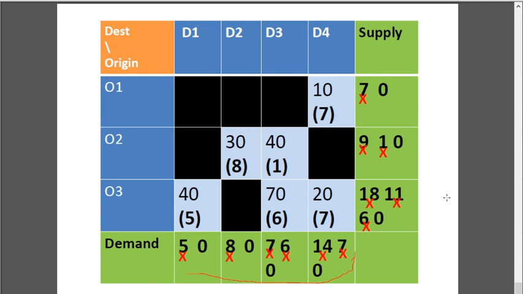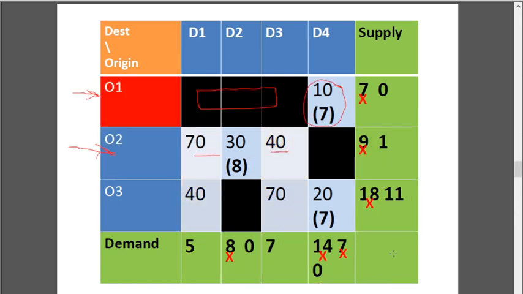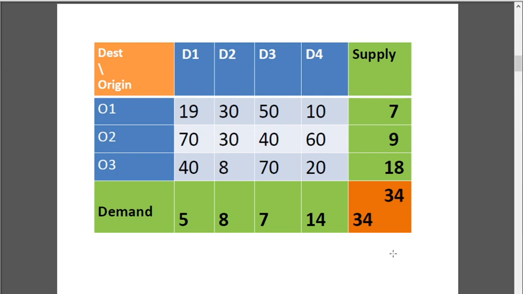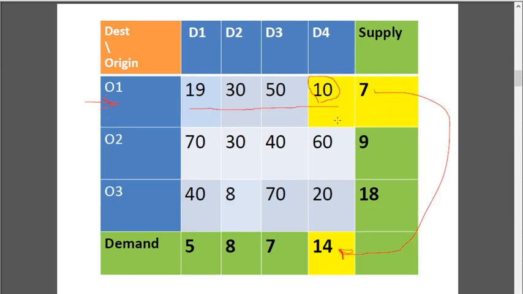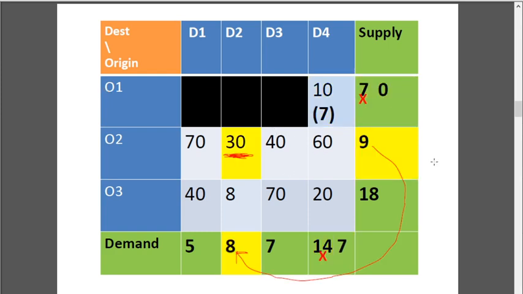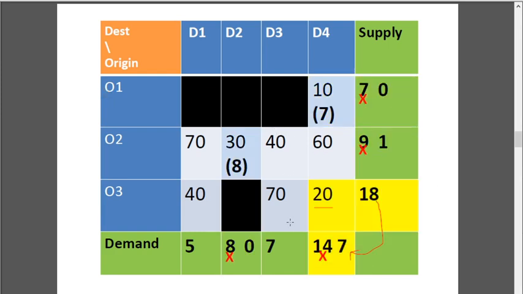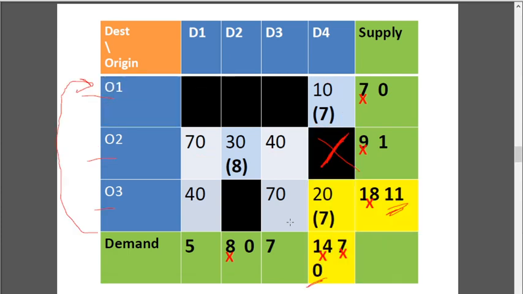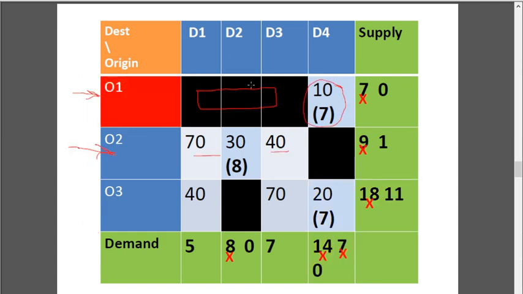So you can calculate the total cost by using the same formula which we have used for the matrix minima and northwest corner method. The only thing is, remember to process this row-wise. Start from row 1, select the least one, process it. Go to the next row, select the least one, process it. Again go to the next row, least one, process it. If all the rows are finished, start from the beginning and continue this. If there are no cells remaining to process in that row, you can ignore it and move on to the next row.